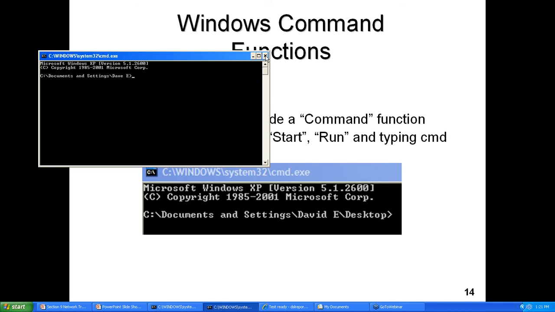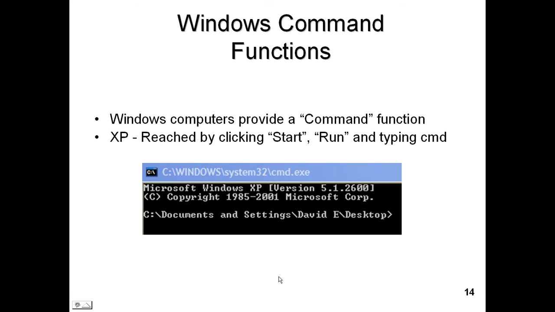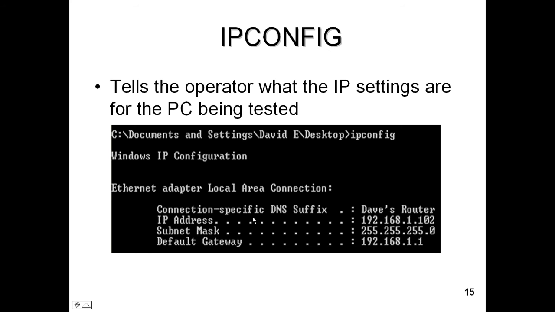So know how to get to the command line on your particular computer. Understand I'm using Windows XP, so that's how I get to it. What I just showed you is how you get there with Windows XP. Now, the first thing you do when you're getting ready to do some